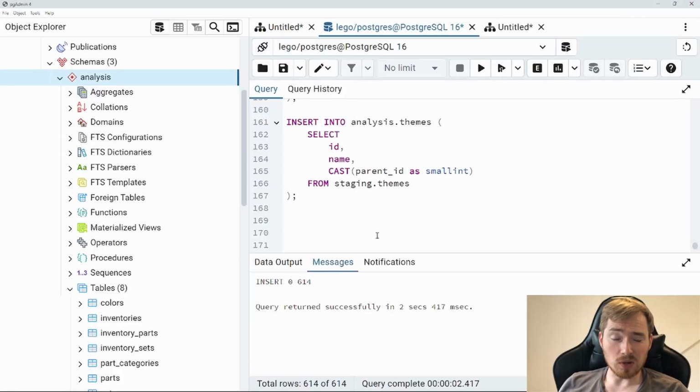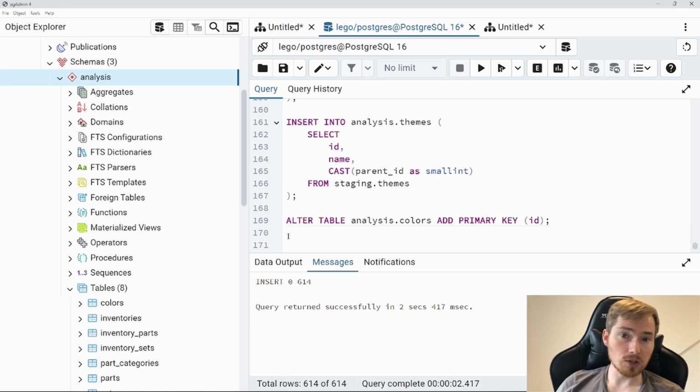So what I'm going to want to do is alter my tables to add a primary key. So this is a term called alter table. So this is my function alter table. I'll then give it the table name and what I want to do. In this case, I want to add a primary key on this field called ID. You may see this labeled as a constraint. It is a constraint because it adds extra criteria to that field where it has to be unique and